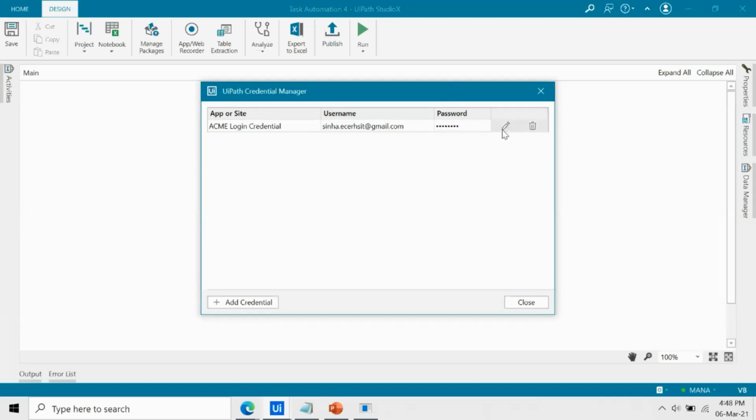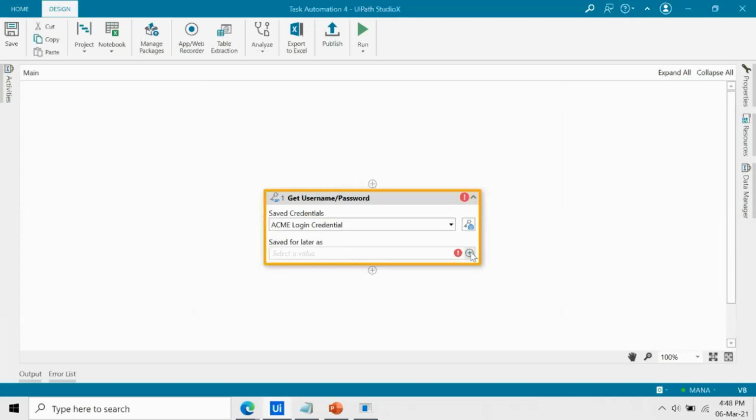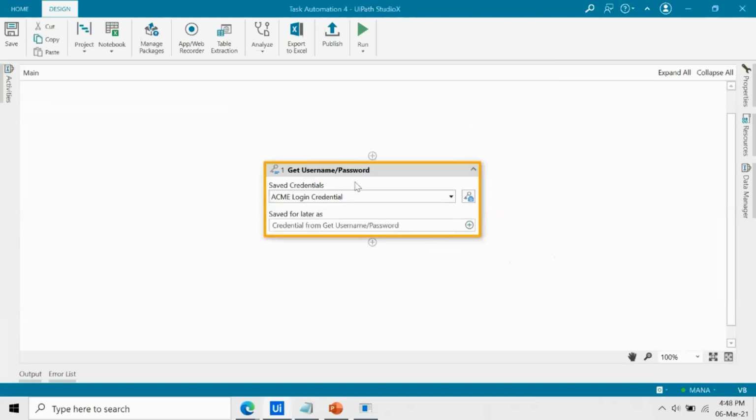However, if you use the show password option, you will be able to see it, but this is only for your specific scenario. And now you can save it for later use. Click OK. After you run it, it will create and store the credentials by the name of Acme login credential in your credential manager.